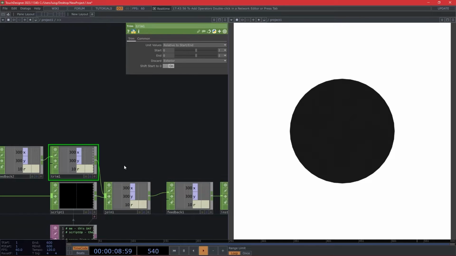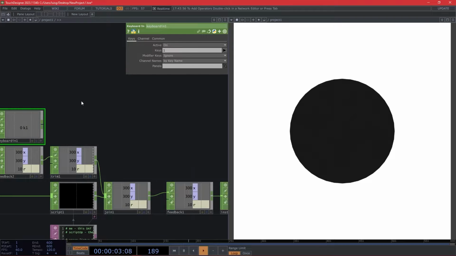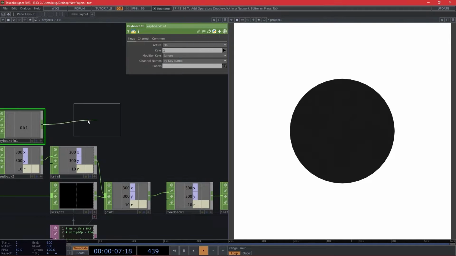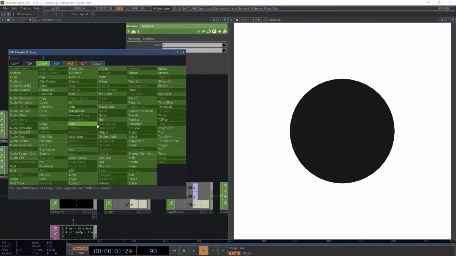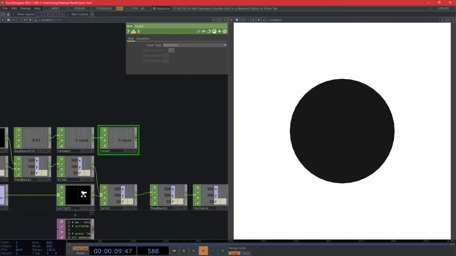Okay, so we need to use the keyboard in. We will use the default key, that is key 1. We use a rename to rename that key 1 to reset, and finally we will add a null, and this null will also be renamed to reset. So now we can start